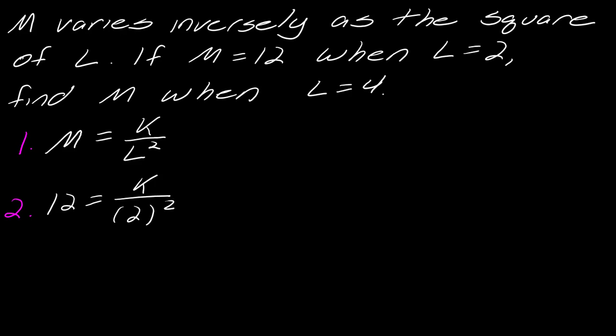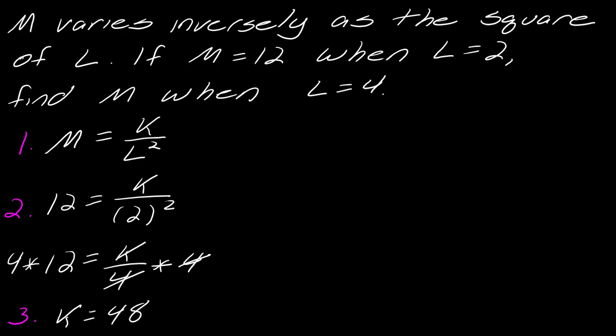Now I go through and solve for K. So this is 12 equals K over 4. Then I can multiply both sides by 4 to cancel out the fraction. So for my third step, I'm getting that K is equal to 48. Okay, so now I want to state the specific variation equation. So now this is M equals 48 over